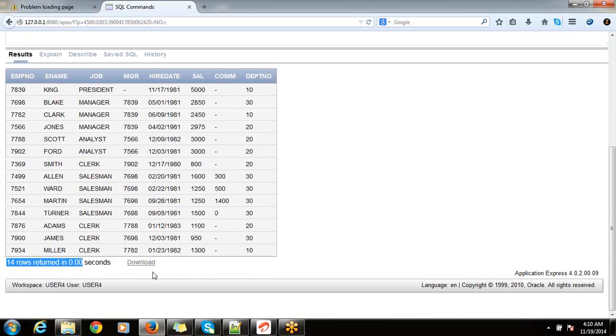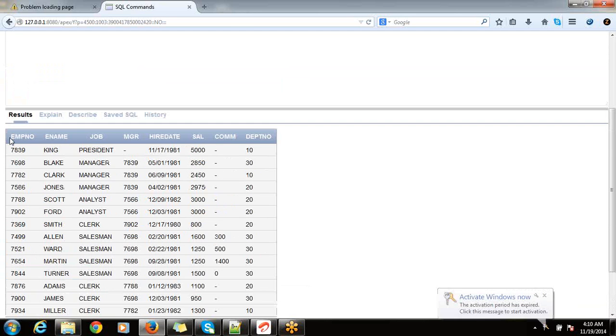You can see there are 14 rows completely. That's the max. So all that employee data, you can see here, is a table. These are columns, that is employee number, employee name, job, manager number, hire date, salary, commission, department number. All these are columns.